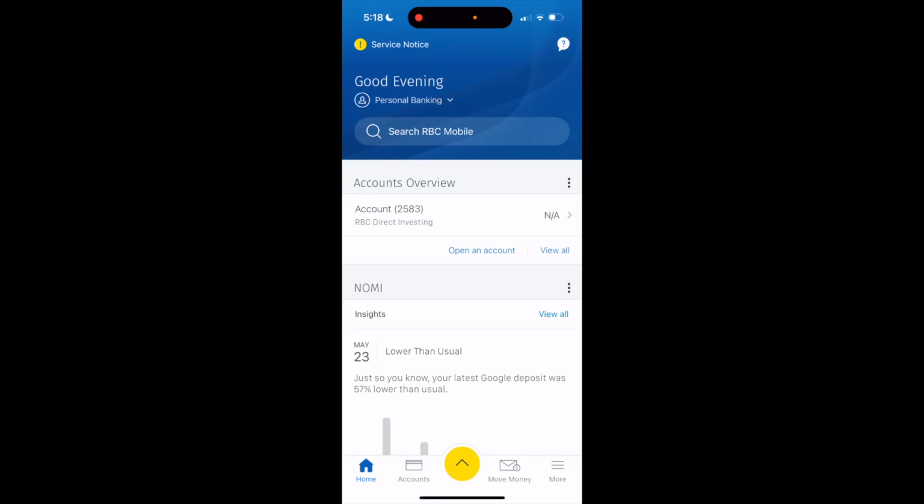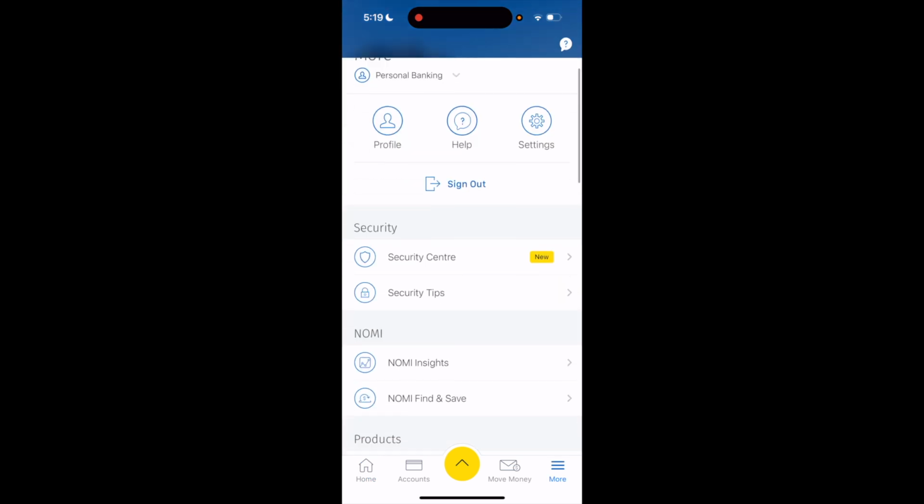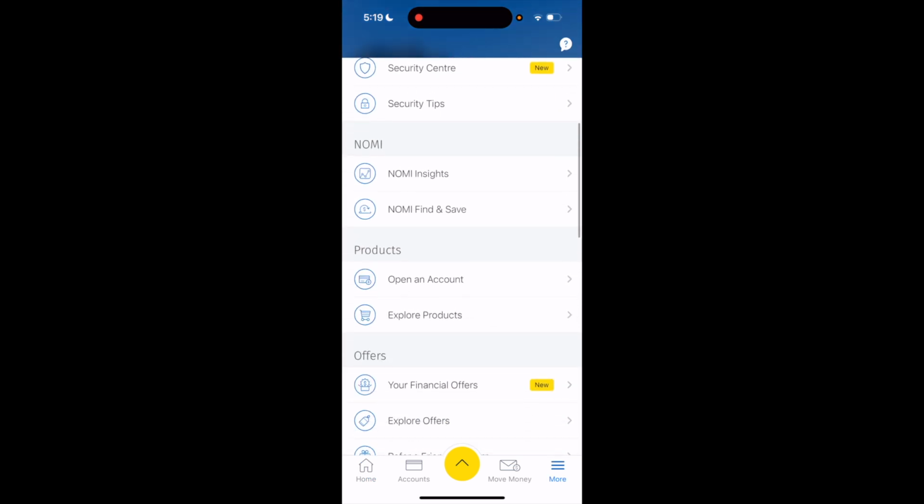So in this RBC Mobile app tutorial video, I'll be showing you guys how to open up a tax-free savings account or a TFSA on the RBC Mobile application. So once you open up the RBC app, I want you to go to the bottom right and press on the More icon. Once you're here, I want you to scroll down to where it says Products and Open an